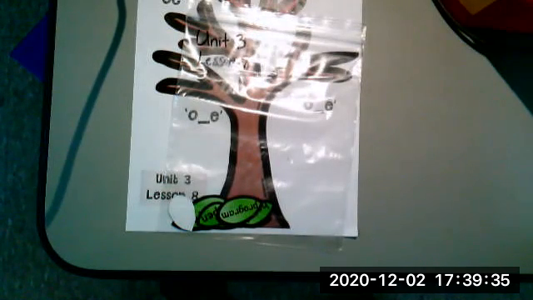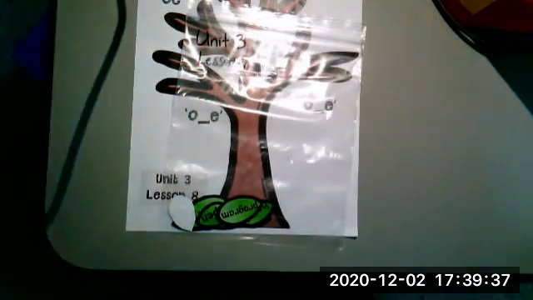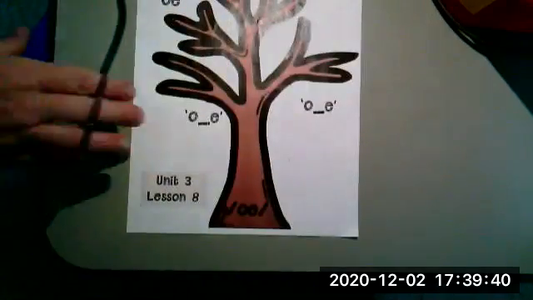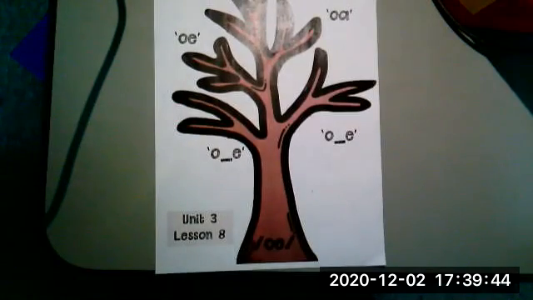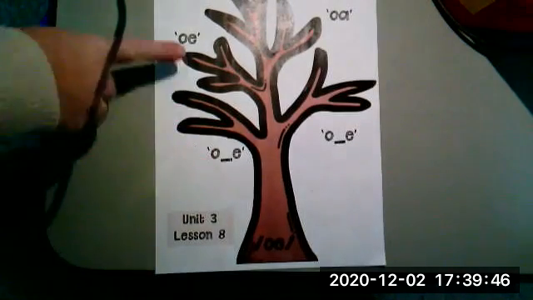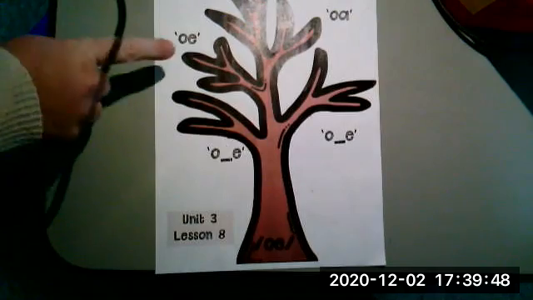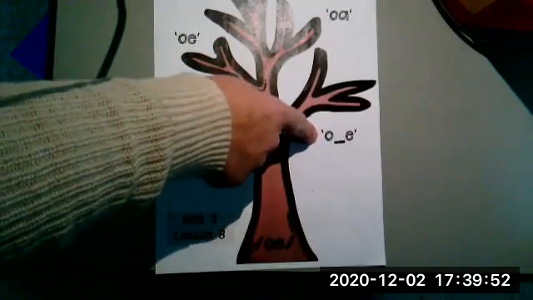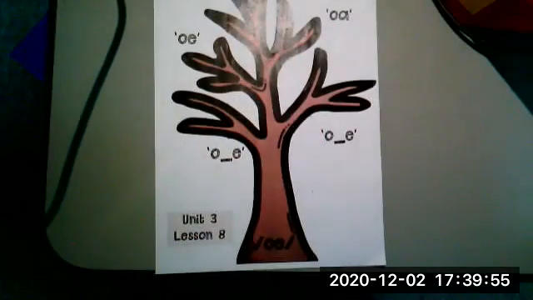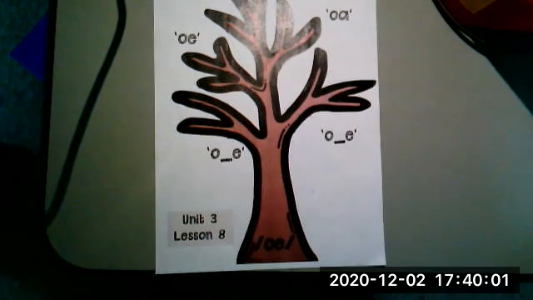There we go. So here we have our O tree. And you can see on this side, we have O consonant E, OE, another O consonant E, and OA. So our words for this tree are, let's start with,